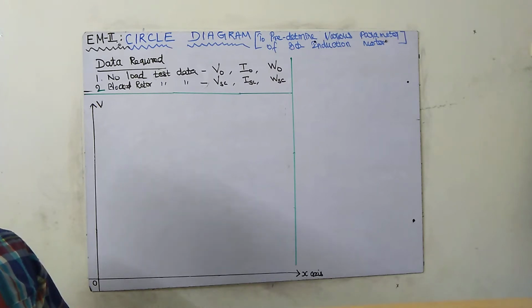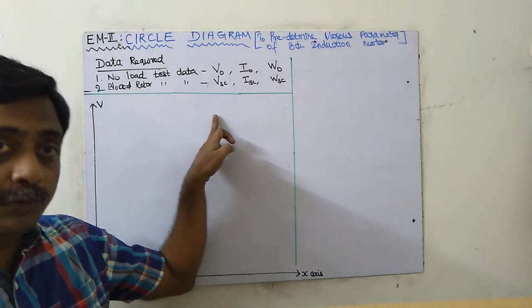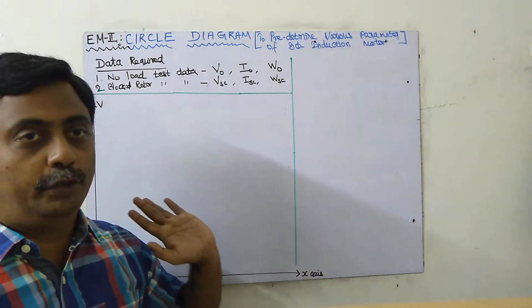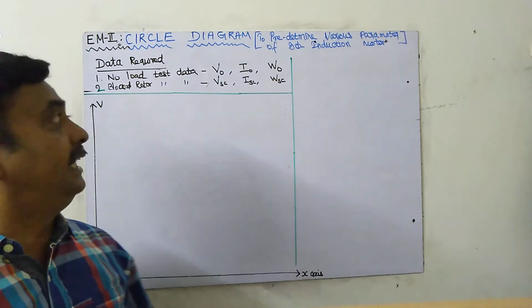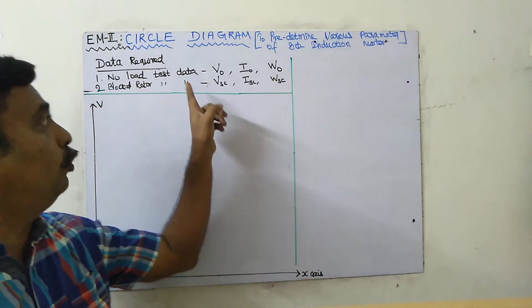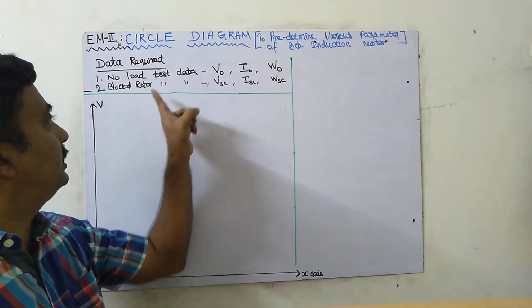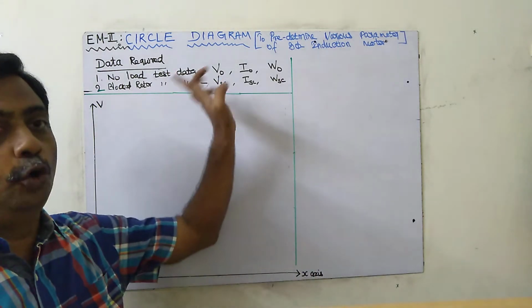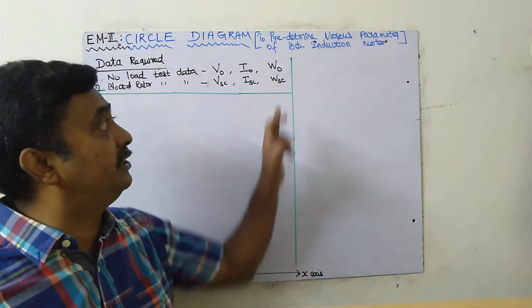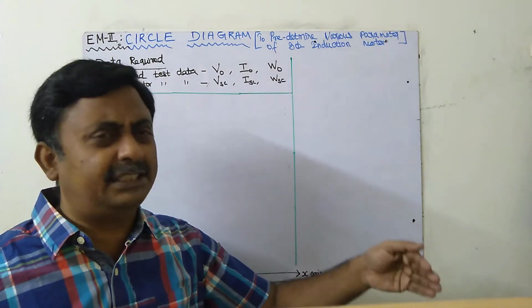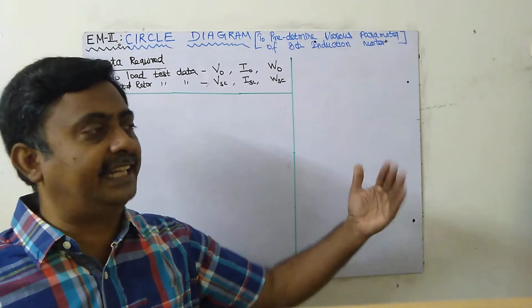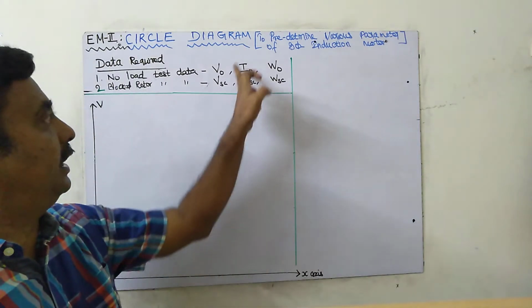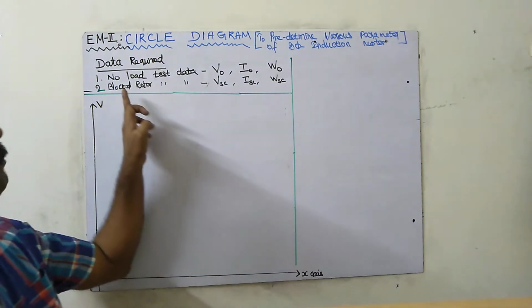From a theory point of view, in a university exam, both the test data will be given to you. Suppose it is a practical, we have to do two tests. What are the tests? The no load test and the blocked rotor test. How to perform the no load test? Only these two test data are sufficient to find the various parameters. Apart from this, we have to find the resistance of the stator and rotor, which we will see in the procedure. Basic data, two data are required.